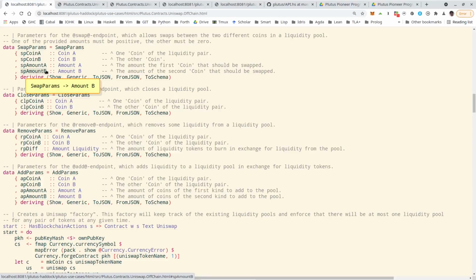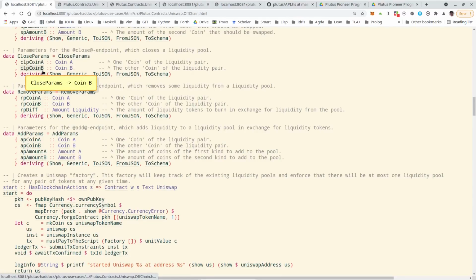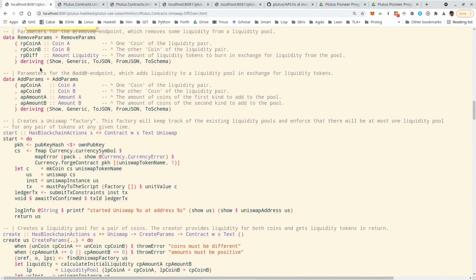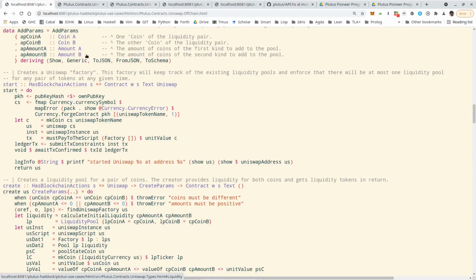And the other way around if we want to swap B against A's. Close, if we want to close a pool, we just have to specify which pool. So we give the two tokens that are in there. Remove, we have to specify the pool and how much liquidity we want to burn. And add, again, identify the pool and how many A's and how many B's we want to add.